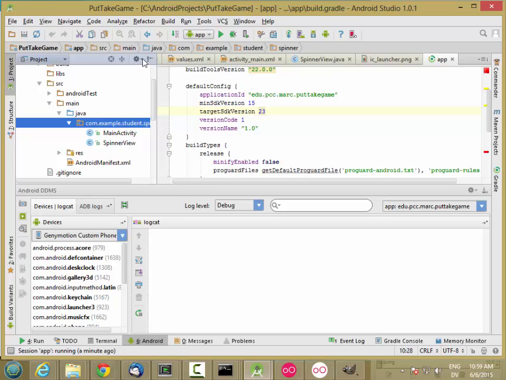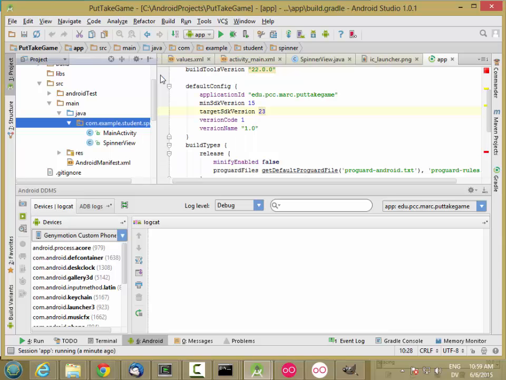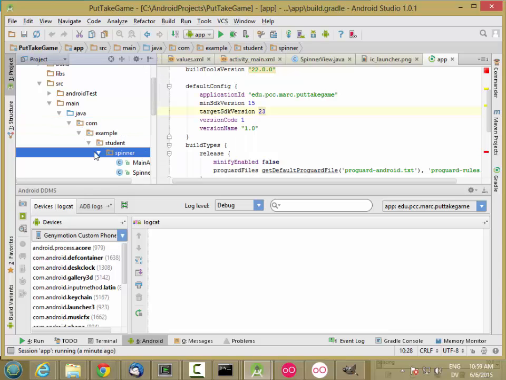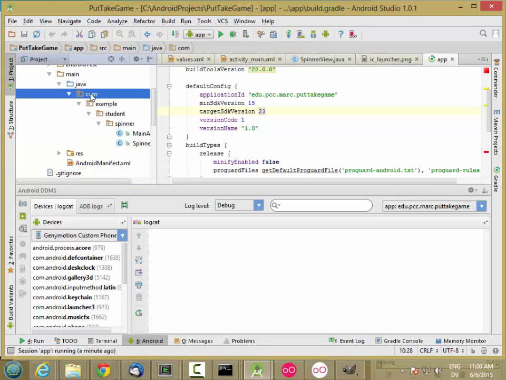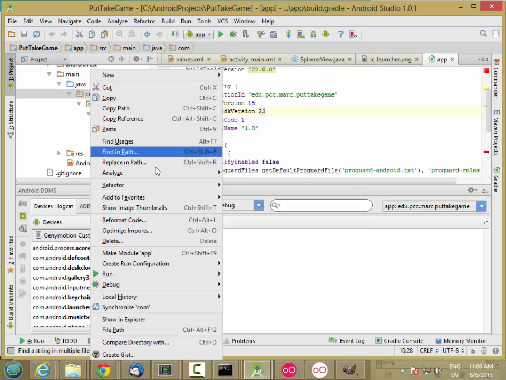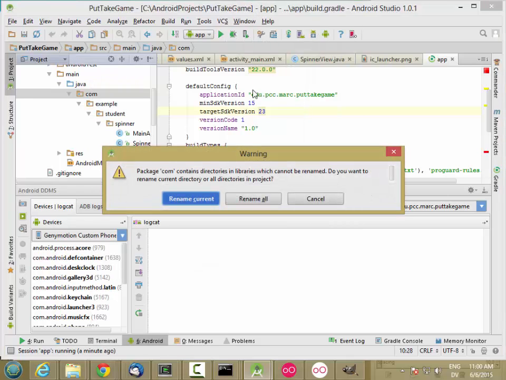And then under settings, I'm going to uncheck compact empty middle packages. And this shows me the full path directory by directory. So I can go in and refactor, rename. So this is rename all,